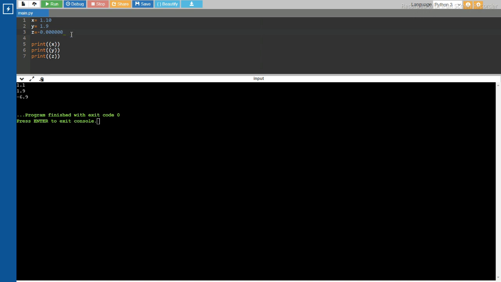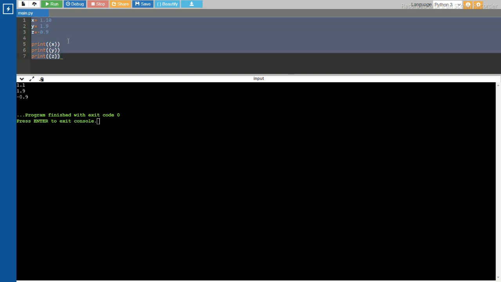Let us type starting with 0, 0.9. Now when I run this, it will show minus 0.9, because as in our decimals we consider the 0 before the decimal point but not after the decimal point. I hope that you have understood about the floats.